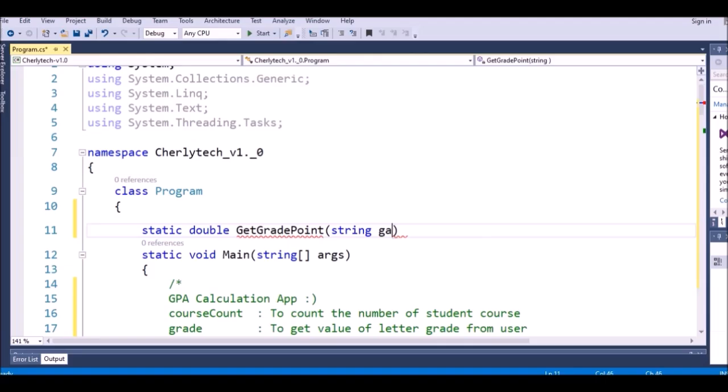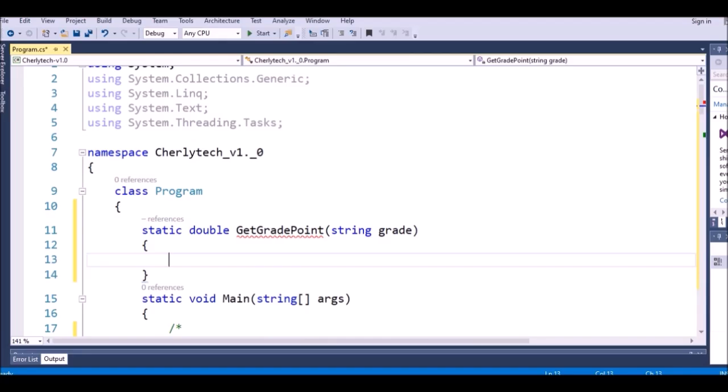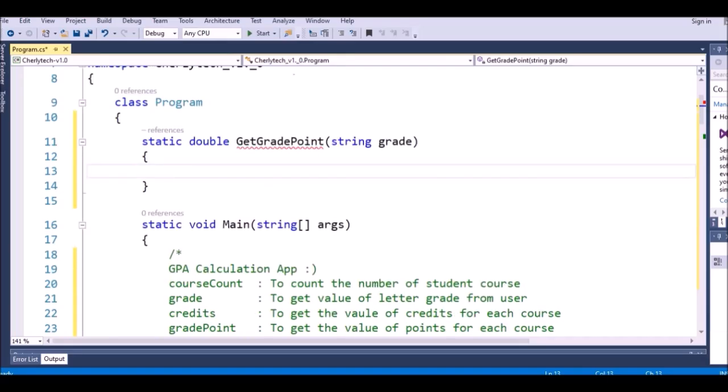This one I will say grade. So inside here we use the switch to separate that. That means the method get grade point will receive the letter grade from the main method. So we use, for example, ABC, right? And we use that letter to compare and match which one in our system. So in our system, I use switch,